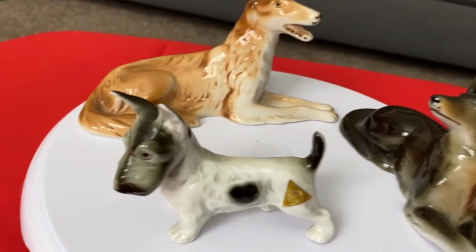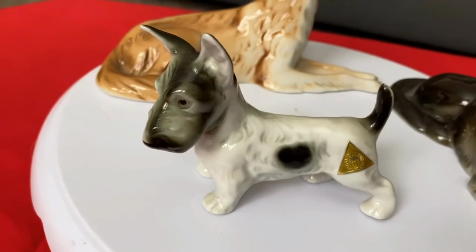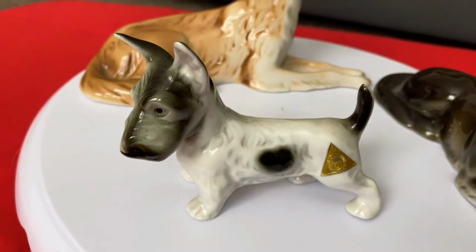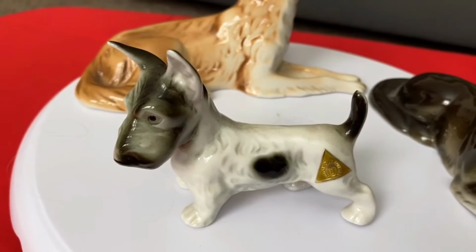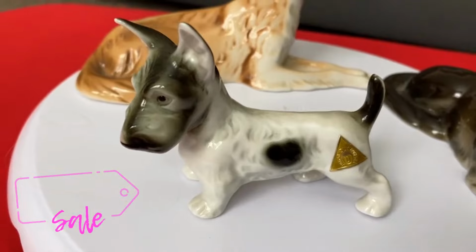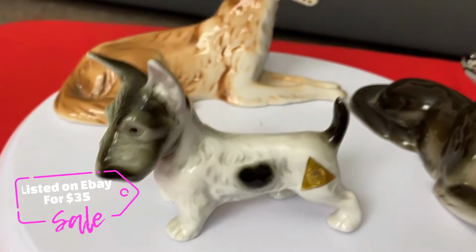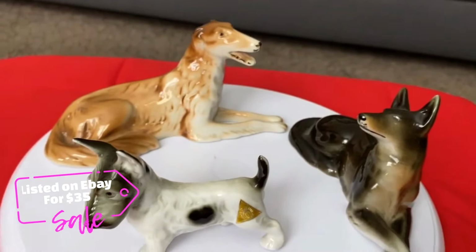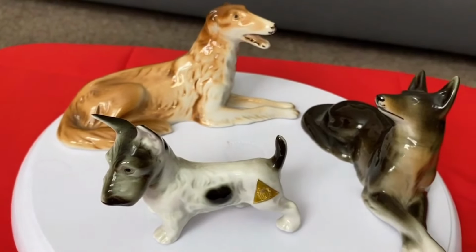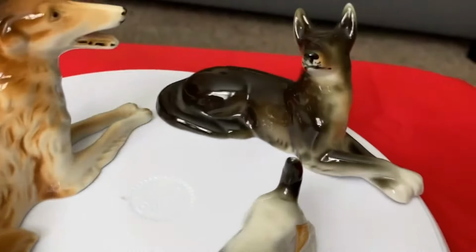So online prices for the little Scottish Terrier range from $18 to $40, and I'm going to list mine on my eBay for $35. Now I did buy all of them for $10 each. So the next one is a